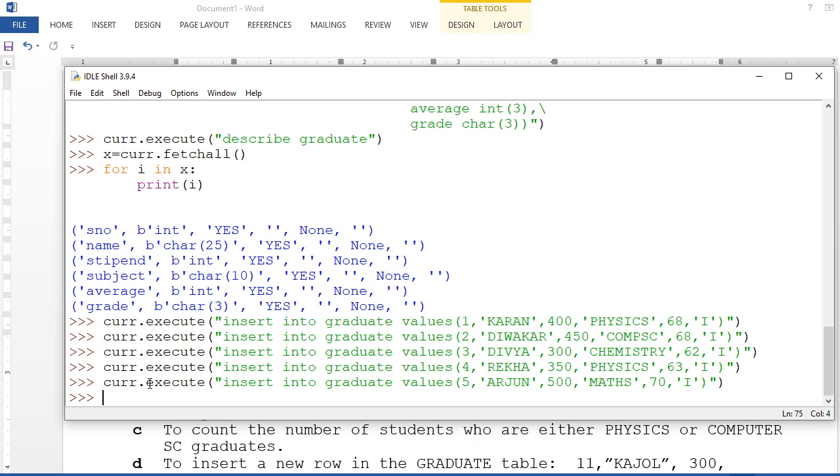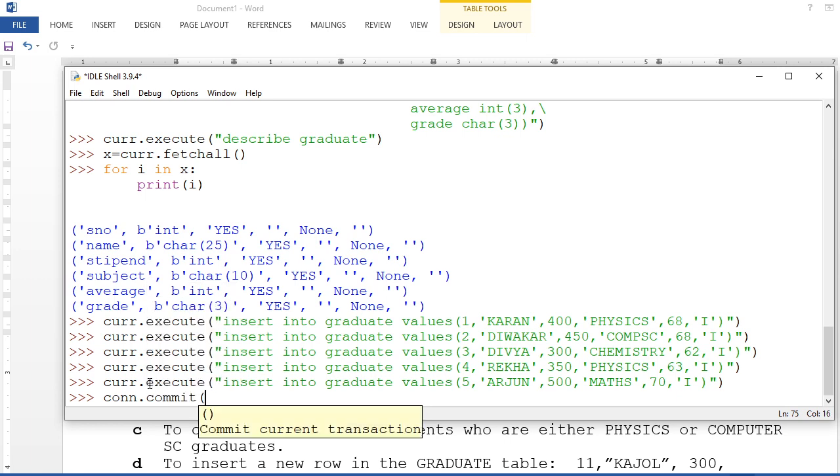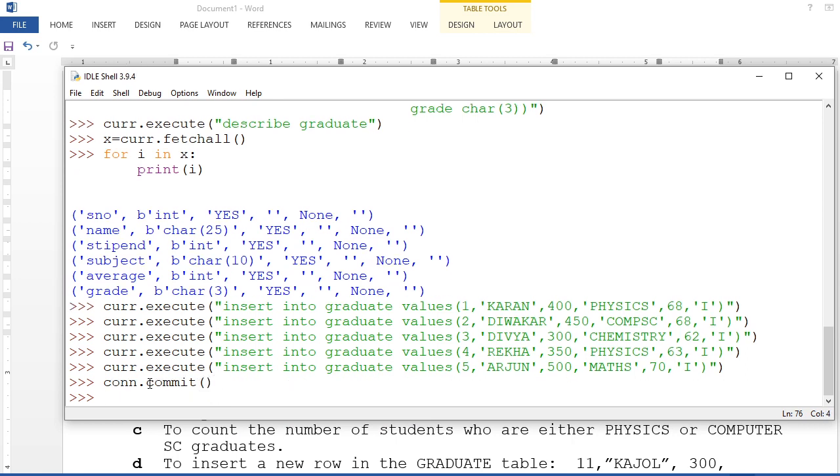So here I am going to write connection. What is the variable name we have decided? Connection, CON. CON connection dot. Now whatever things are there, take all things from the RAM and dump or put them permanently in your table, updating your database. So I'm going to write here commit. See, commit is coming somewhere. You see, commit is there. Then I am going to write. Sir. Okay. So this is being done.